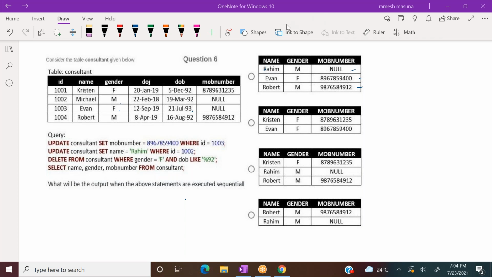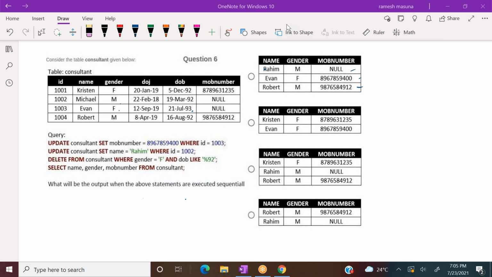Good evening, students. Yesterday we discussed some basic SQL queries. That is, how to create a table, insert rows into it, update the records, and delete the records. Along with that, we also discussed how to add a column, delete a column, modify a column, add a constraint, and delete a constraint. These are called schema change statements.